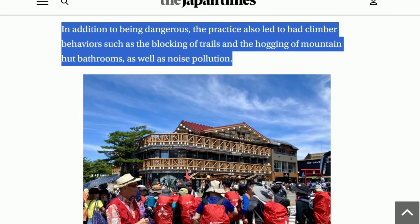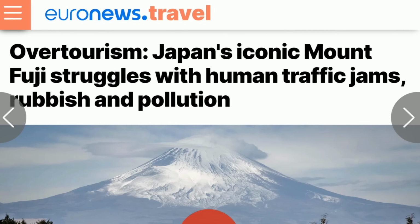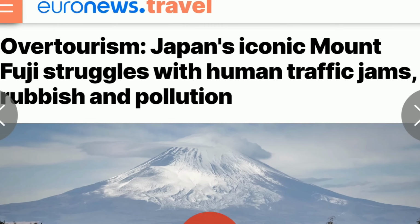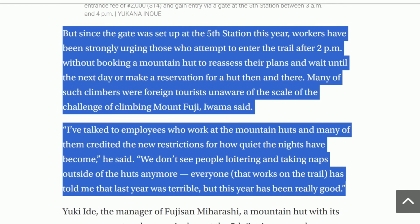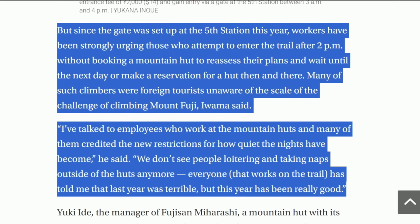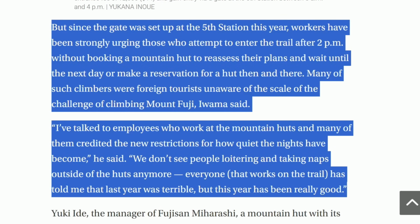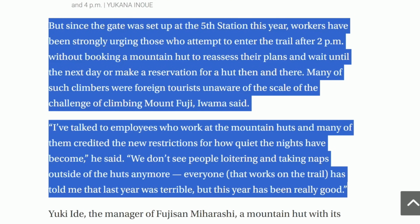the trail, near public facilities, or right outside overnight huts, which should be no surprise, would cause a lot of the overcapacity issues. However, with another new rule that was implemented stating that climbers cannot begin their climbs in the late afternoon, the bullet climbers have been for the most part prevented, making the mountain climbing experience better overall. So if you've been on the fence about whether to climb Mount Fuji or not, and overcapacity issues have been a deciding factor, you would be happy to know that this doesn't seem to be that much of a problem